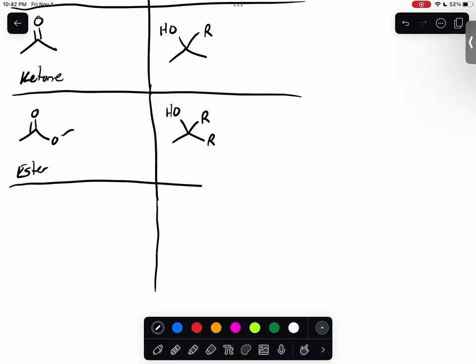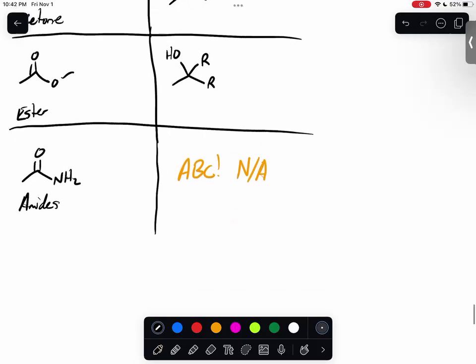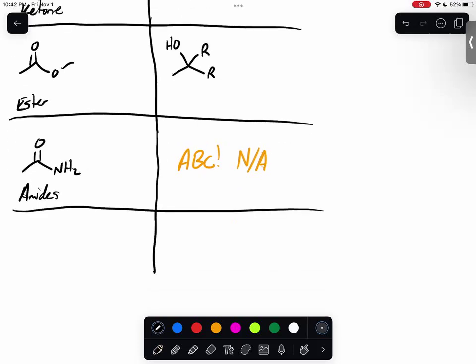In terms of amides, right? This one is also one that does not work. So it's not applicable, right? You can't really run Grignard reactions on amides. And then same thing with carboxylic acids, right? Oh, whoops, I was drawing the conjugate base. Because these also just do acid-base chemistry,